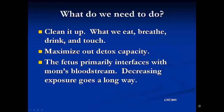The culprits. What's the solution? Well, clean it up. What we eat, breathe, drink, and touch. Then maximize the detox capacity by things that help your liver and gallbladder. So, how do we do this? Well,